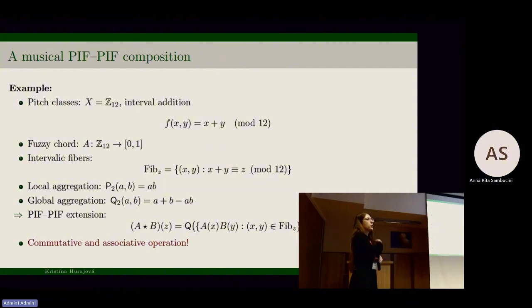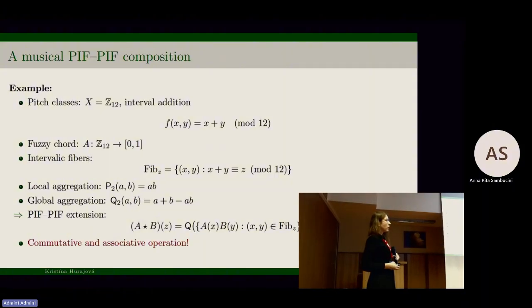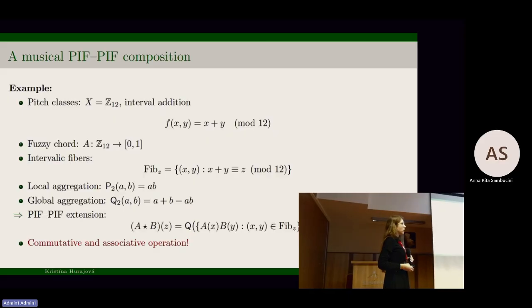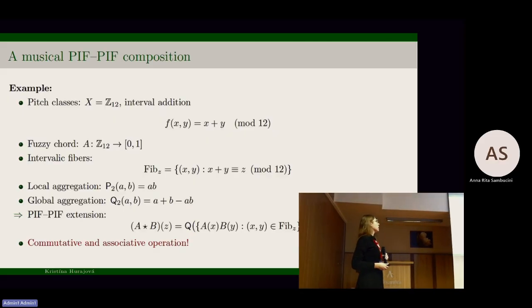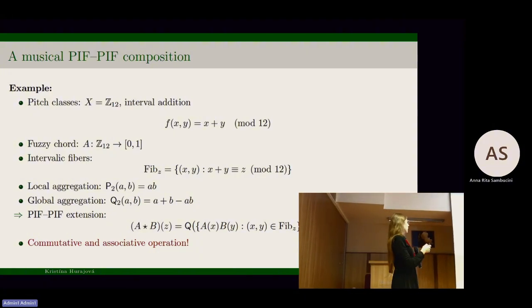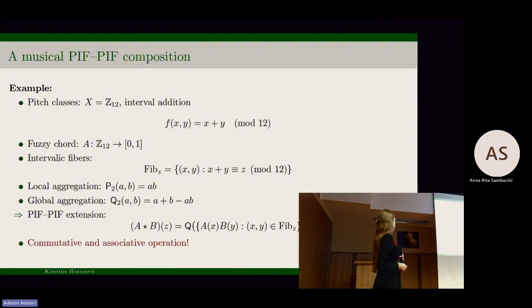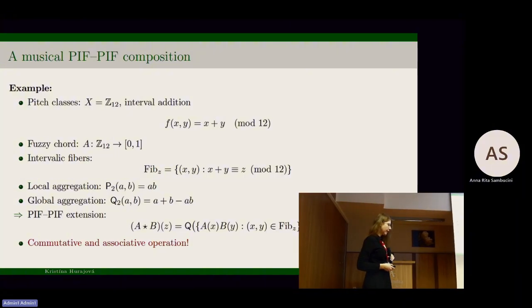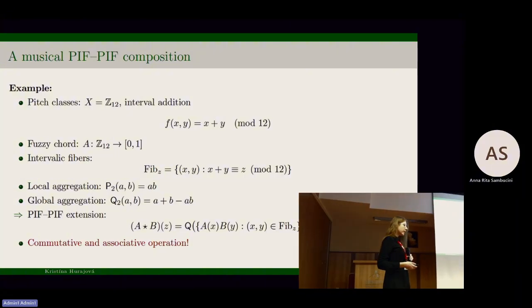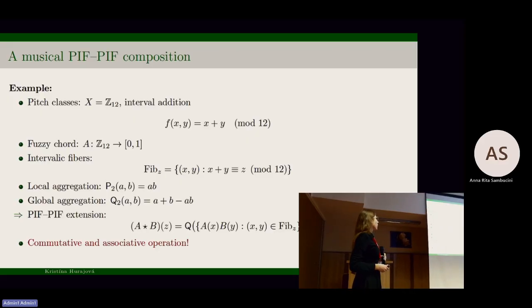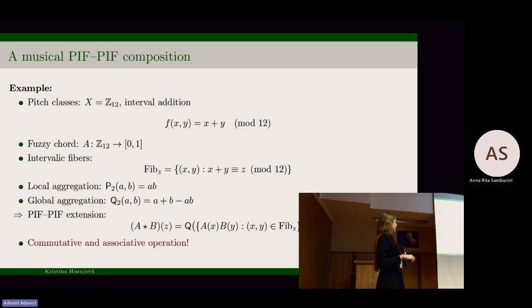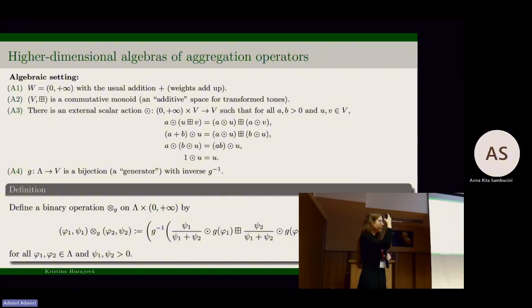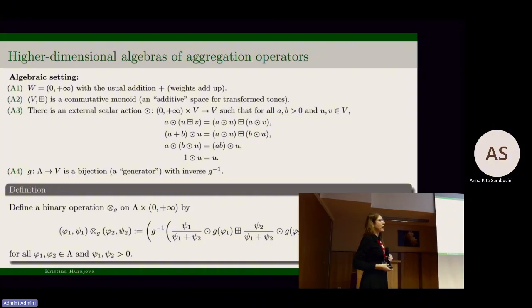And this example shows that the PIF framework acts exactly as we expect. This means that adding some voice doesn't change the perception result. Now we fix an algebraic structure to